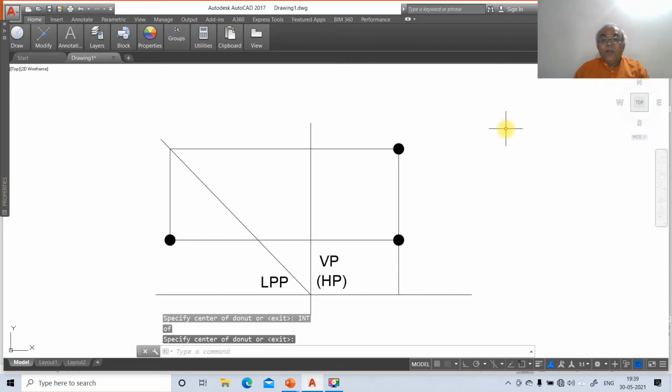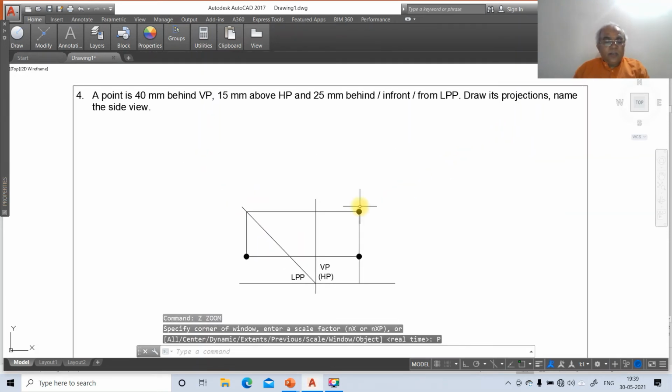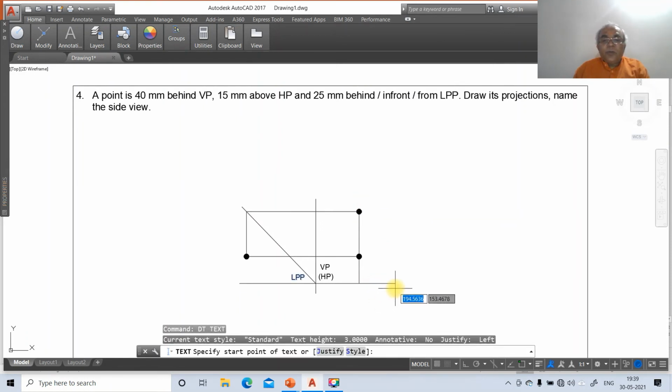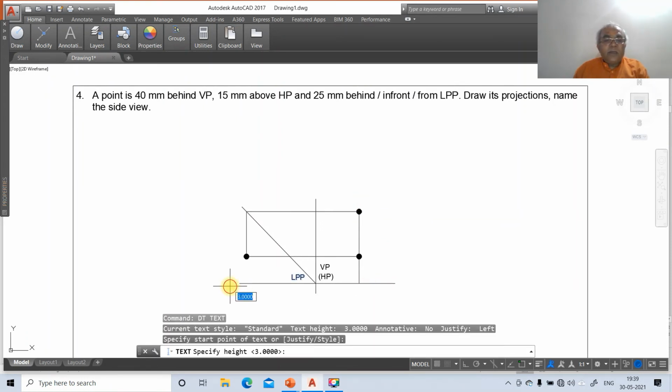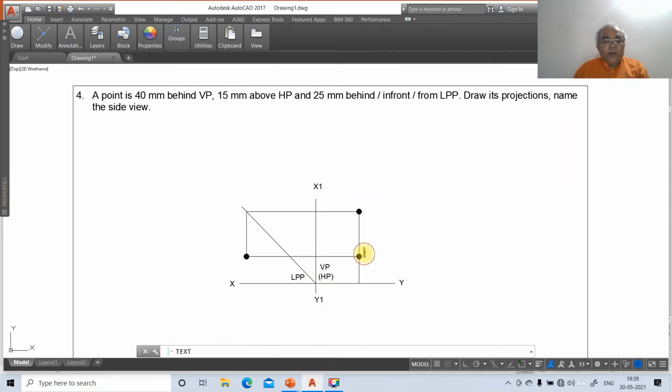Then go to zoom previous. So here go to dtext. So you mark this, height as 3, and you take this as X, you take this as Y, you take this as X1, you take this as Y1, and switch off the ortho, switch off the caps lock, type P dash, and this will go to P, and this will be P double dash.